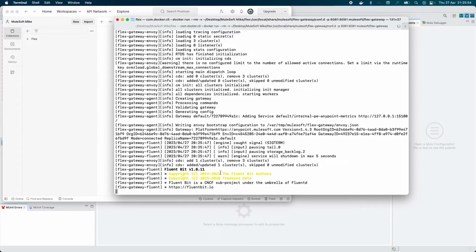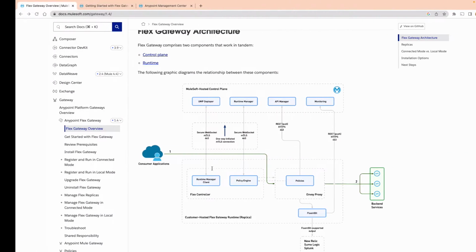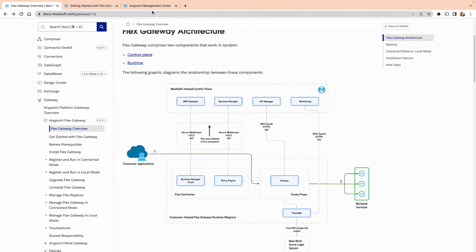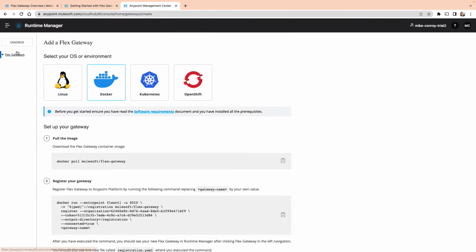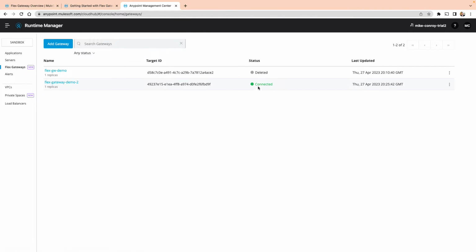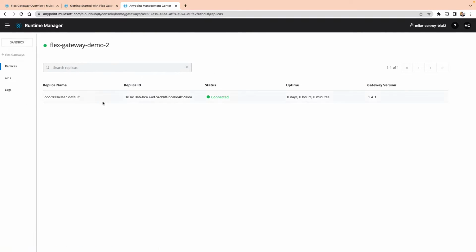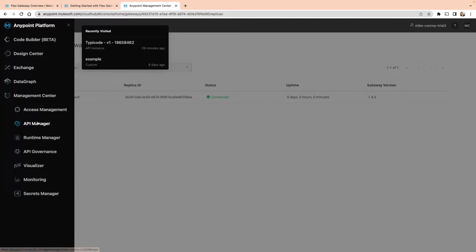Okay, so the container is now up and running with Flex Gateway. If we go back to Anypoint Management Center and click back, we can now see that our Flex Gateway Demo 2 is in a connected state. What this means is we've registered our Flex Gateway and it's up and running and ready to start managing APIs. So now we can go to API Manager,